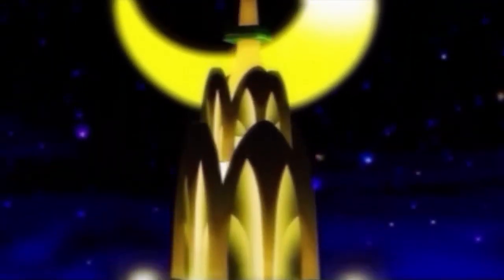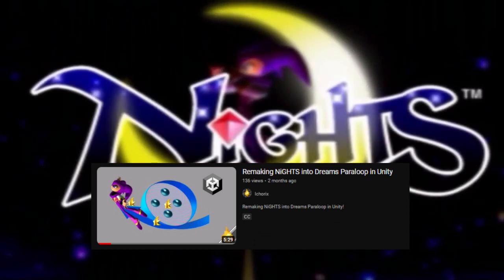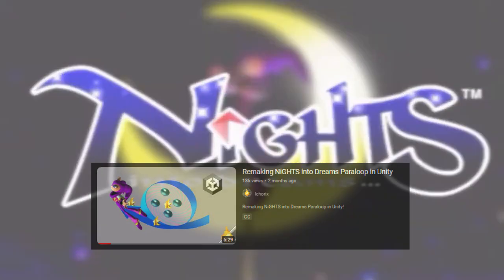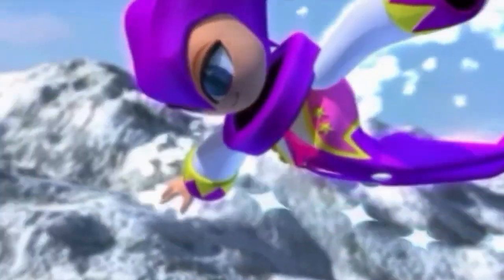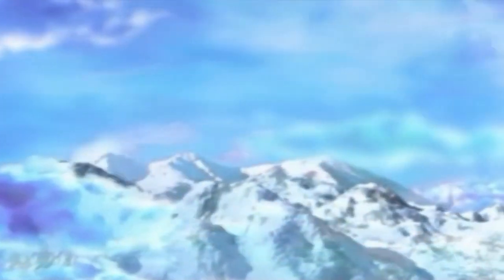I have been making a Nights into Dreams fan game for a while now. My last video showed how I went about making the paraloop system, and now it's time for the next update. This video is going to explain how I attempted to make a level system similar to the kind seen in